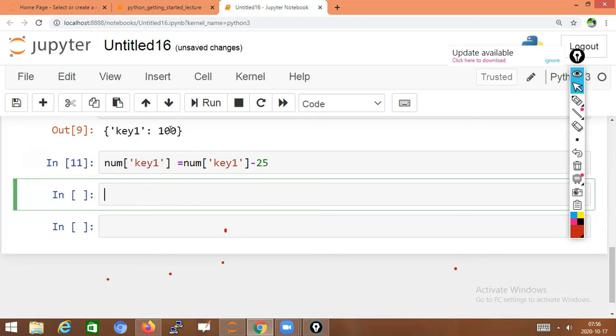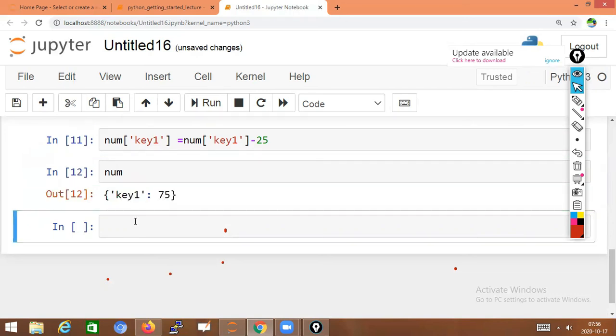The dictionary's key one value is 100. We are subtracting 25, you get 75, and that 75 is stored again in the corresponding key one value. That means you have to get 75. num, shift enter. So what did you get? 75.